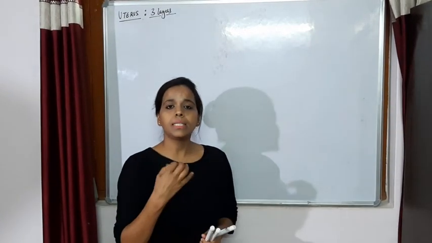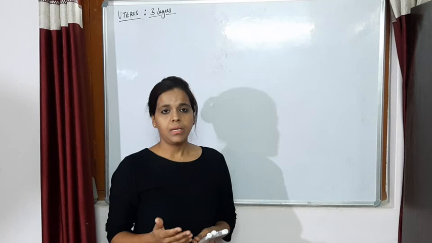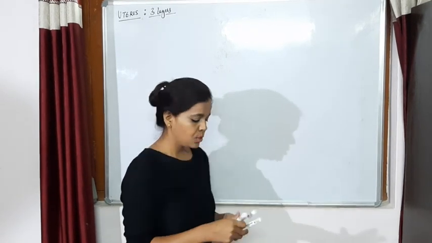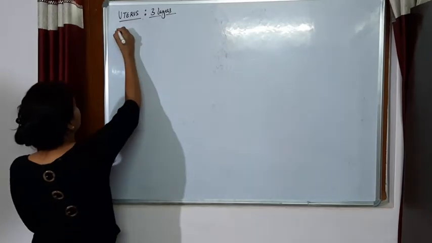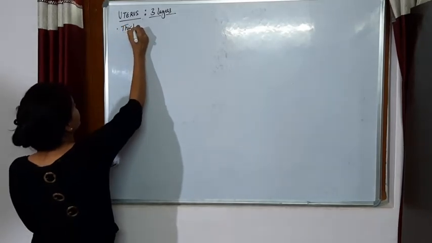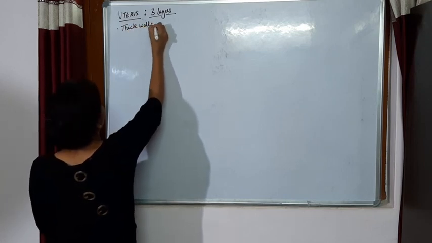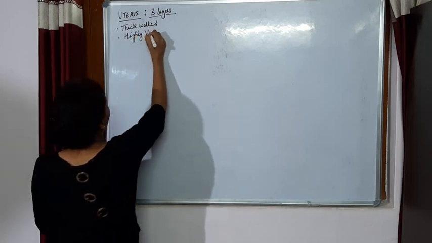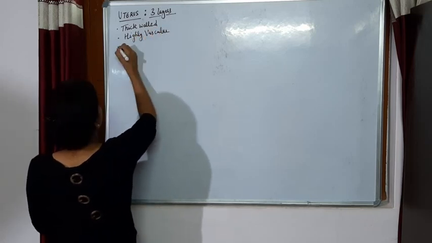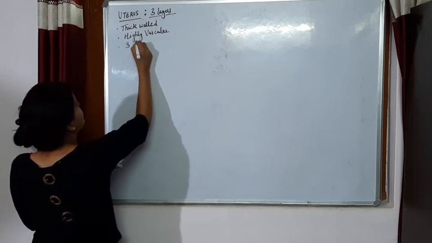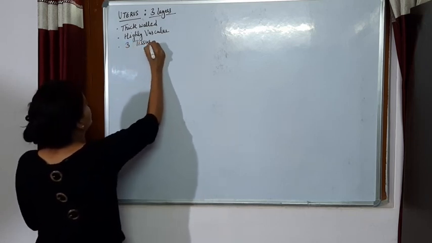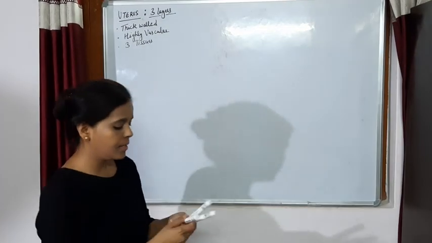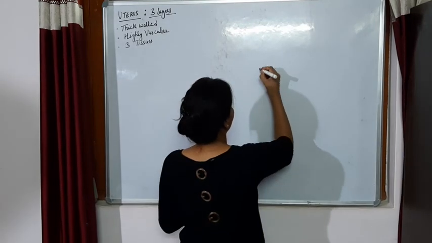The uterus has a thick and highly vascular wall, and it is composed of three different tissues. So what is a uterus? We know the uterus has a thick wall, is highly vascular, and has three types of tissues, right? So those three types of tissues are, if I get into the structure, and we have discussed this